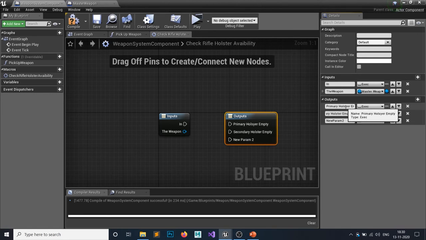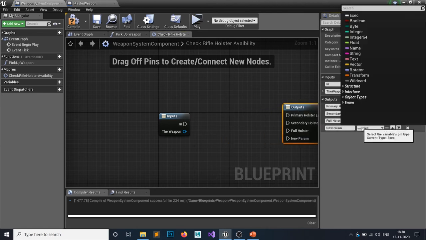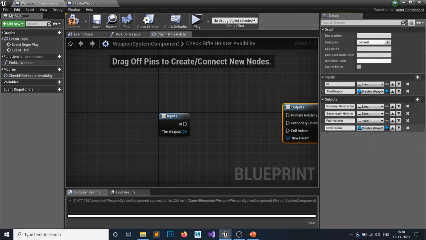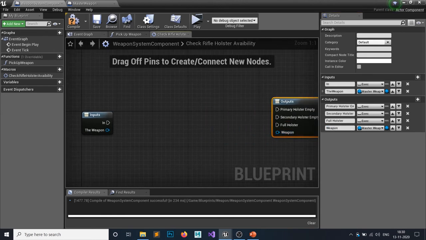And third one says full holsters. And a fourth value would be a master weapon, which would be the weapon. Let's call it a weapon because we can't name two pins the same.